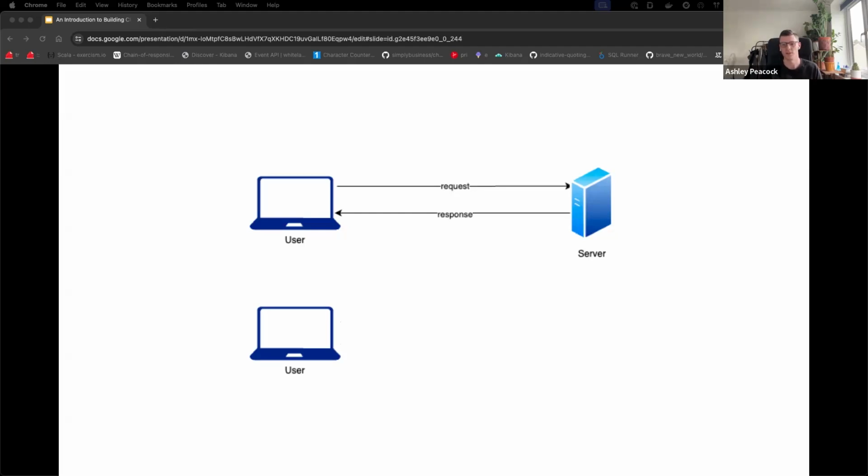So with a server, your code is always ready to go. With serverless, you get things sometimes called cold starts, where when the request first comes in, it takes a little while for your code to be loaded into memory. But once it is, all the subsequent requests are a lot faster. I'll talk a bit later about how Cloudflare fixes that, but that's just something to be aware of if you're using serverless on other platforms.